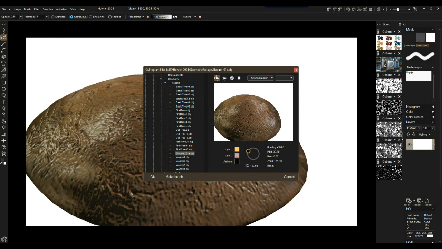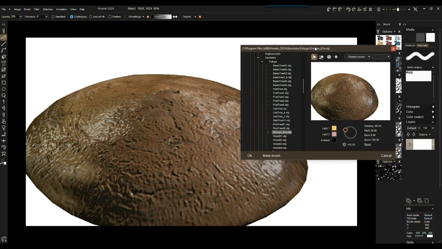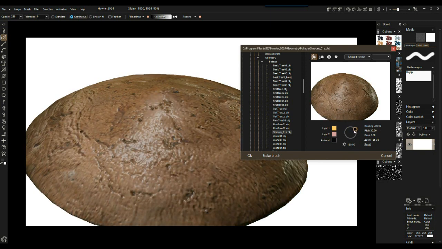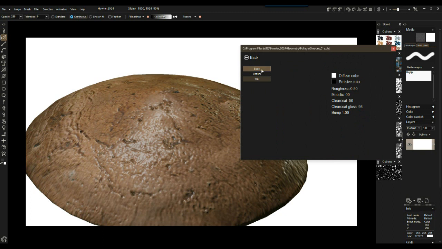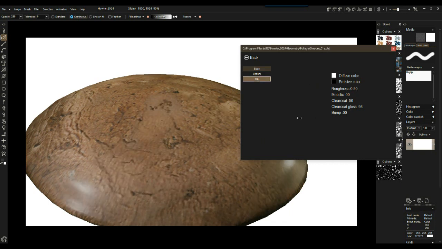Okay, and so now look at that difference. Look at how you now have much more depth there, and that's because we now have the bump map on it. All right, let's go adjust how much bump map we see. So we have the base, we have the bottom, we have the top. Remember, this is a new feature. It's showing the name of the materials, right? So it's perfect. We can say we want the top, and you want to reduce that bump amount, keep a little bit of it, maybe increase